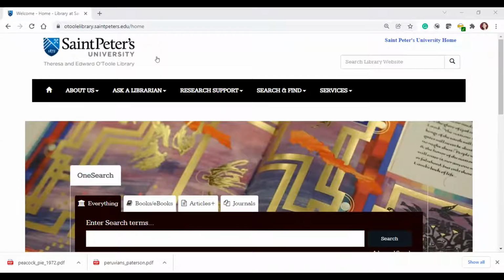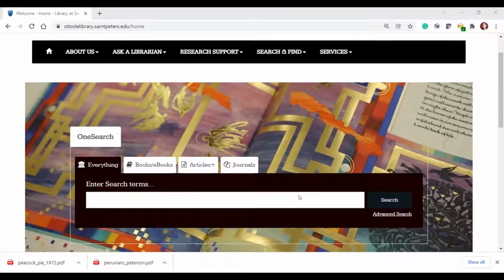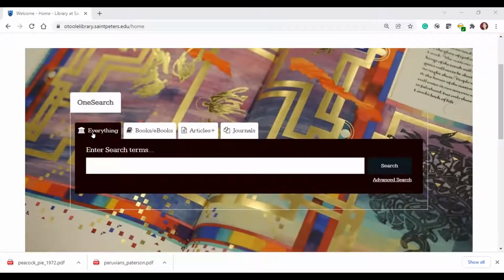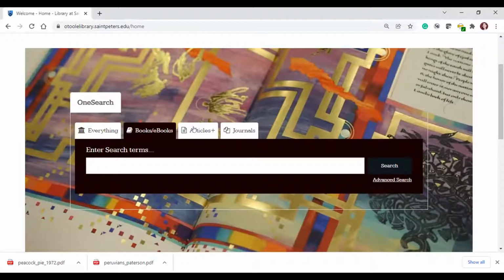So I'm going to start my demonstration on the O'Toole Library website, which is located at otoolelibrary.stpeters.edu. You'll see the library's OneSearch tool is prominently located on our homepage here. And you'll notice tabs on the top that allow you to search specifically for books or ebooks, articles, which could be from newspapers or other periodicals like scholarly journals or magazines, and the journal search, which is designed to locate